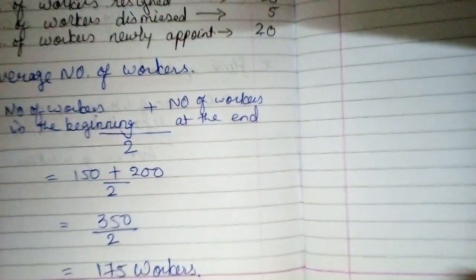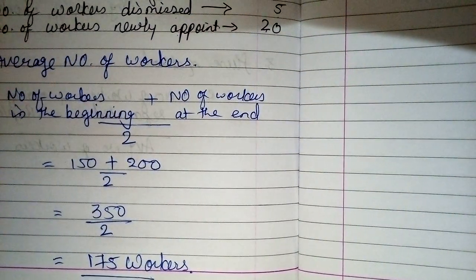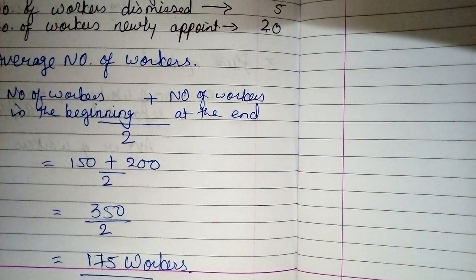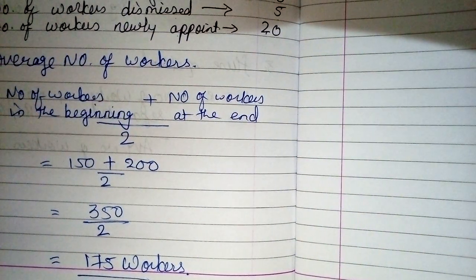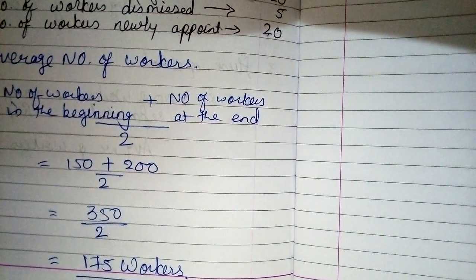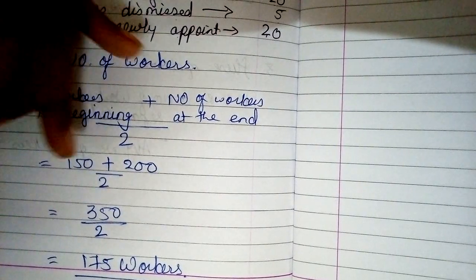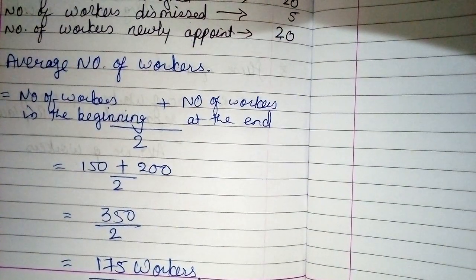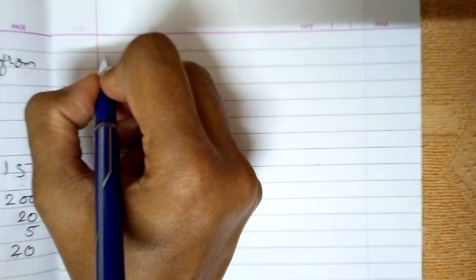These all are the average number of workers. It means on an average 175 workers have worked in the organization throughout the year. We frequently find out average stock in accountancy, right? What is average stock? This much amount of stock is always there in the business during the particular period. Likewise, average number of workers means 175 workers will be there on an average throughout the year, working in the organization. So now moving further with the separation method.